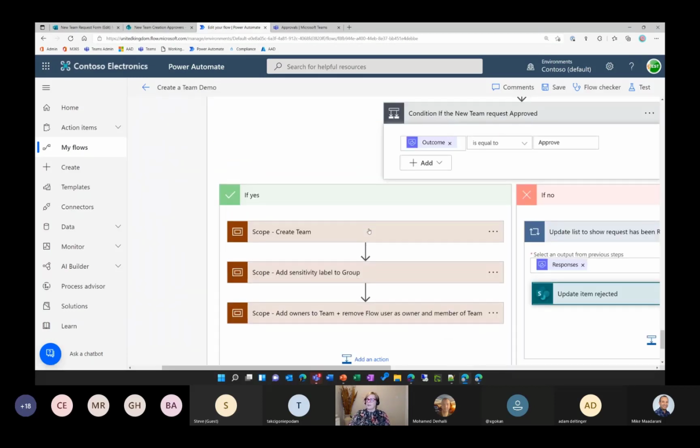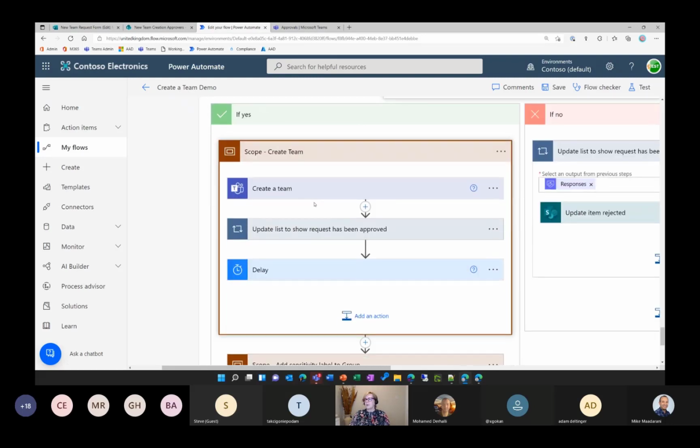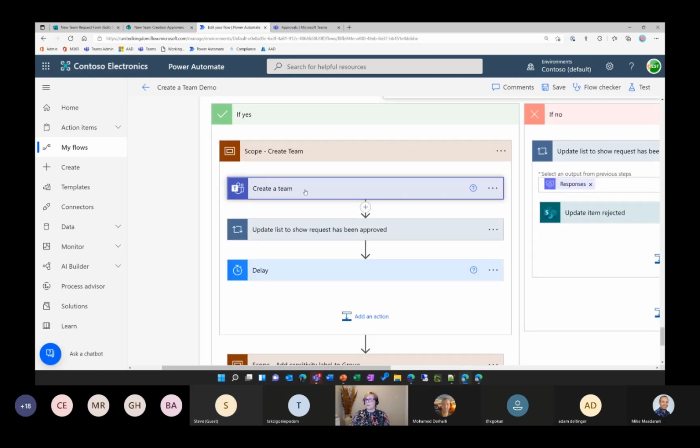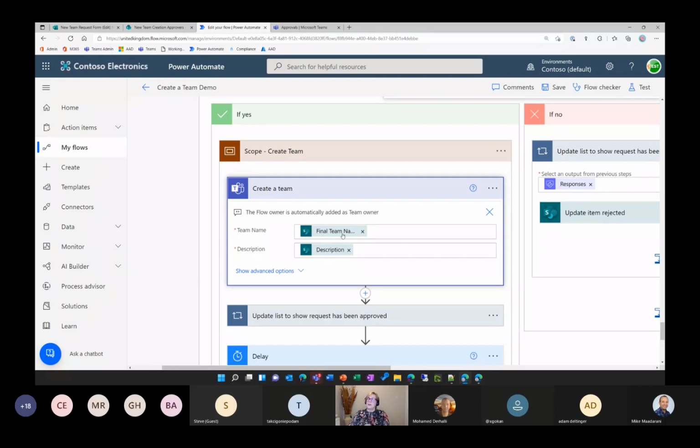So if it's yes, we want to now create the team. So we know it's a unique SharePoint URL. We know it's been approved. So we're going to go ahead. We know it's got multiple owners as well. So there's an action called create team, nice and easy. So what we're doing here is